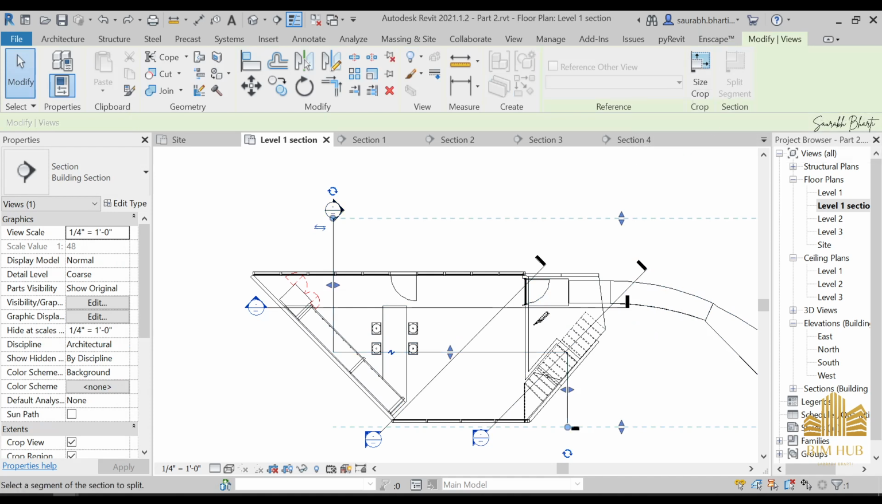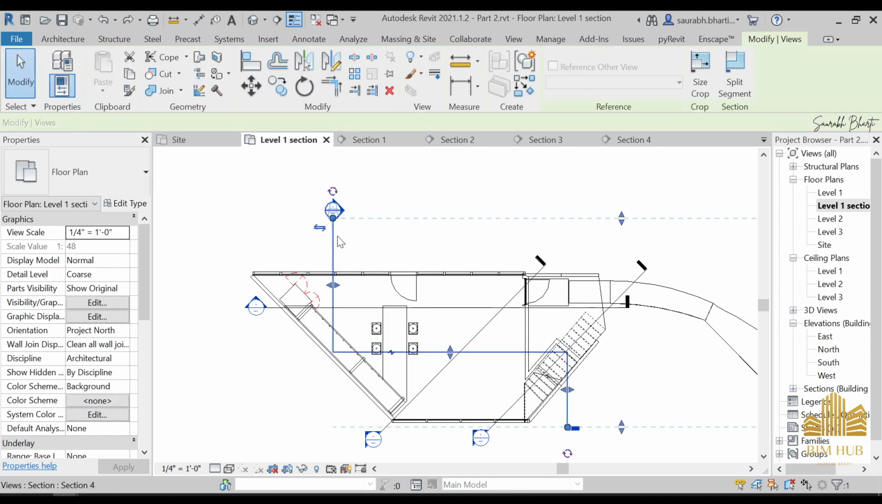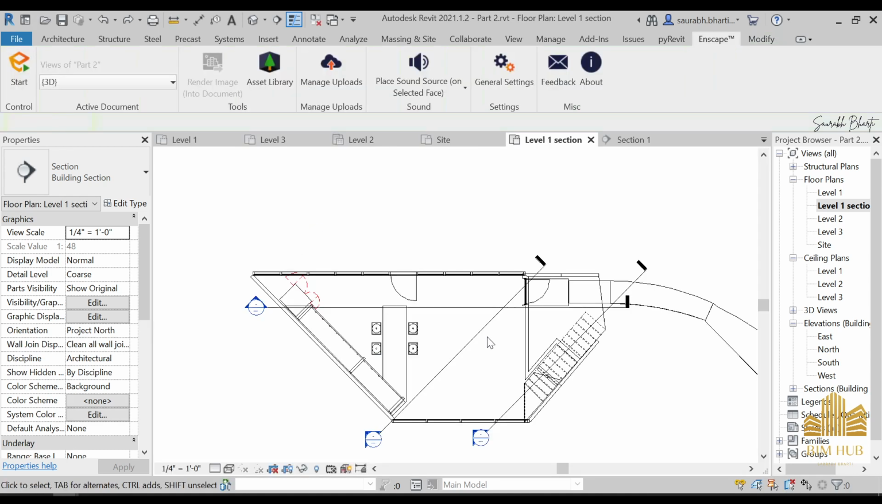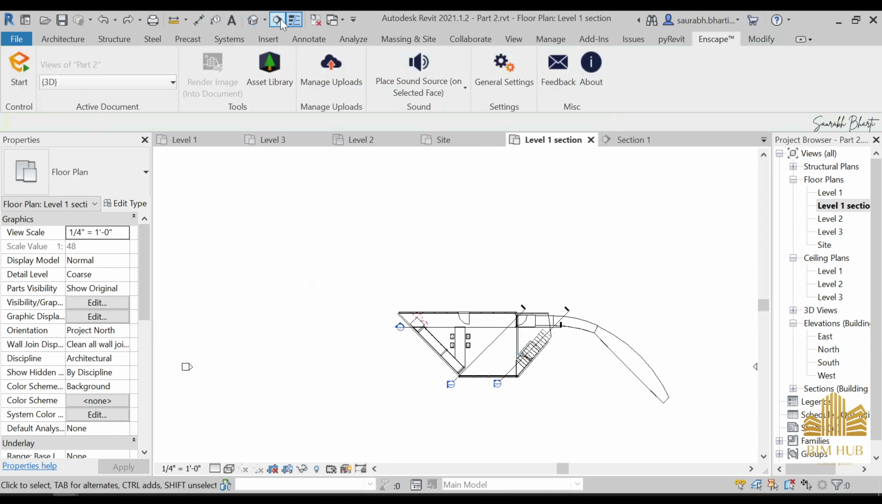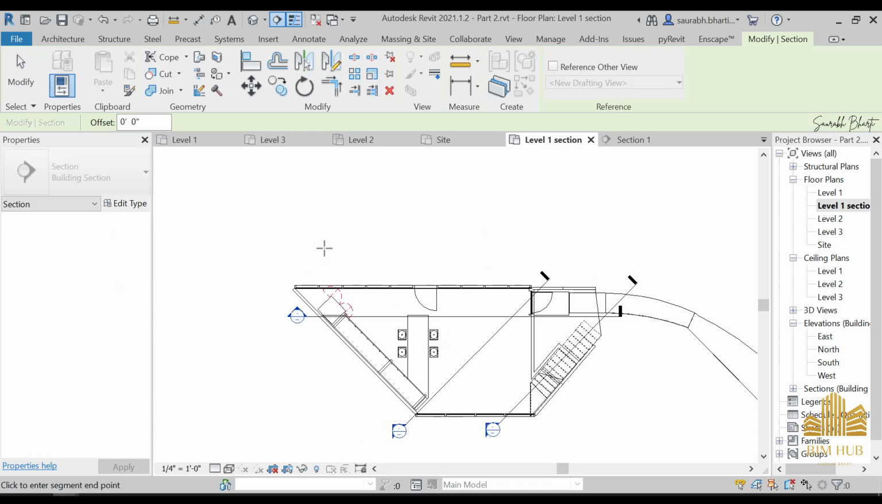So just split the segment once again. Okay, we cannot split it twice, not a problem. Just select this section and delete it, and we will make that section once again. So just go to this section, and from this place to,